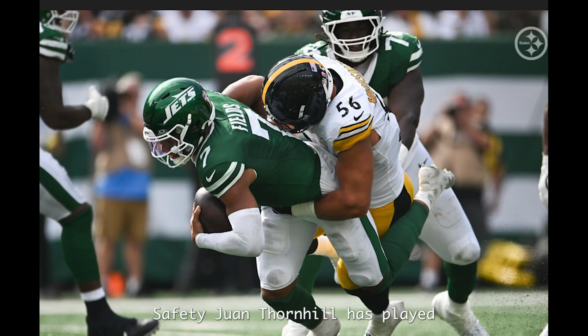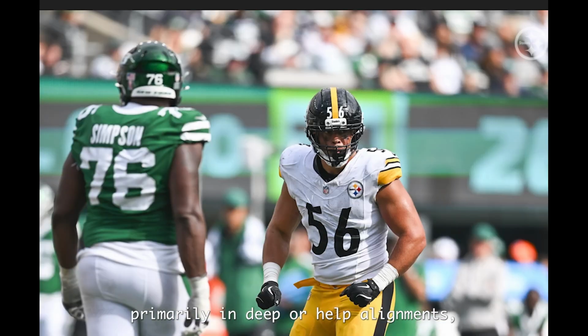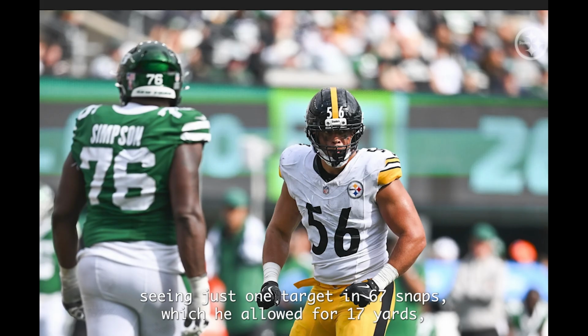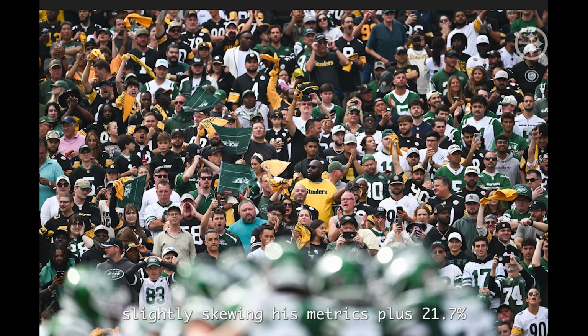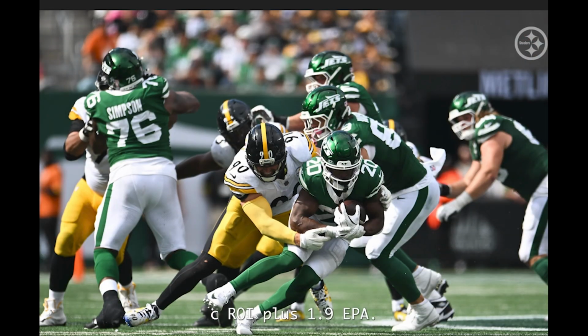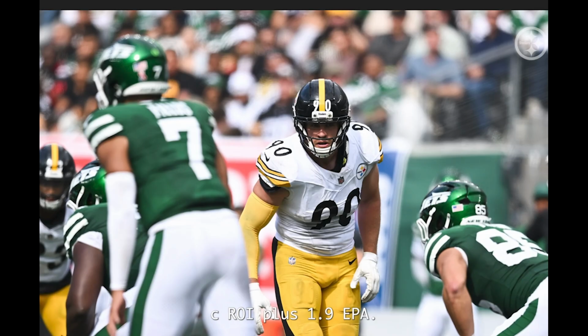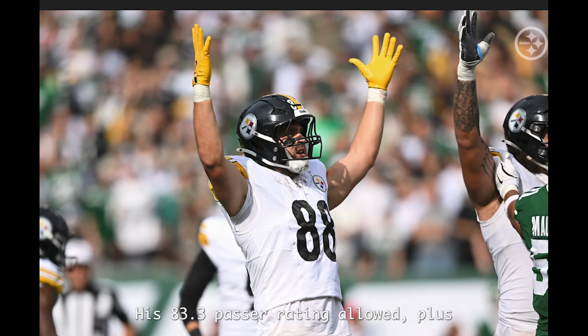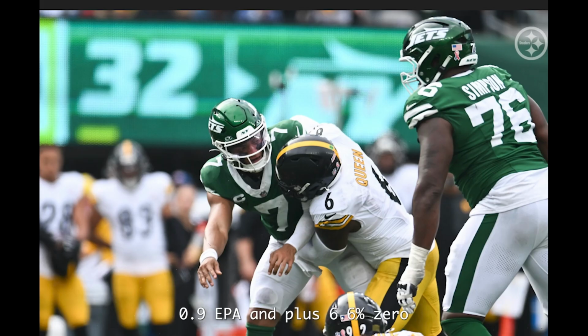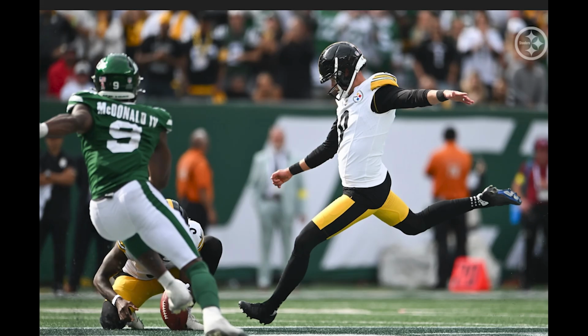Safety Juan Thornhill has played primarily in deep or help alignments, seeing just 1 target in 67 snaps, which he allowed for 17 yards, slightly skewing his metrics: plus 21.7% CROE, plus 1.9 EPA. Peyton Wilson has been efficient as a coverage linebacker, with 7 targets resulting in 6 receptions for only 28 yards. His 83.3 passer rating allowed, plus 0.9 EPA, and plus 6.6% CROE indicate competent short zone coverage with minimal yards